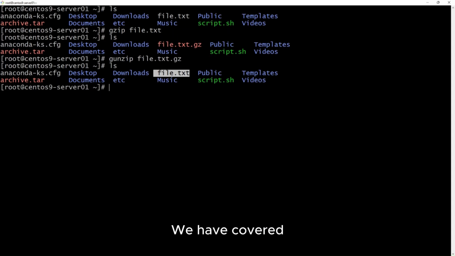And that's it. We have covered over 50 essential Linux commands to help you navigate, manage files, check the system, and much more. Keep practicing the commands regularly, and you will become confident working with Linux. In the next series, we will dive deeper into file permissions and user management.